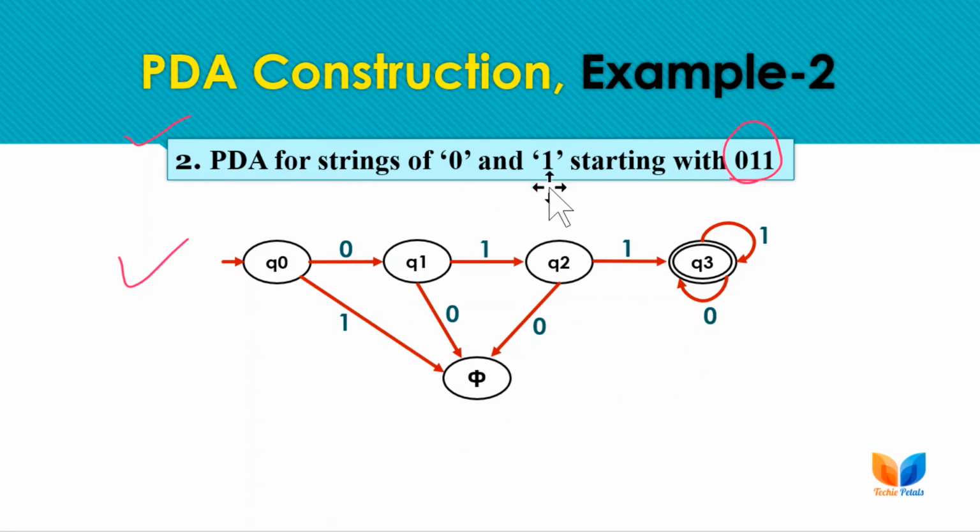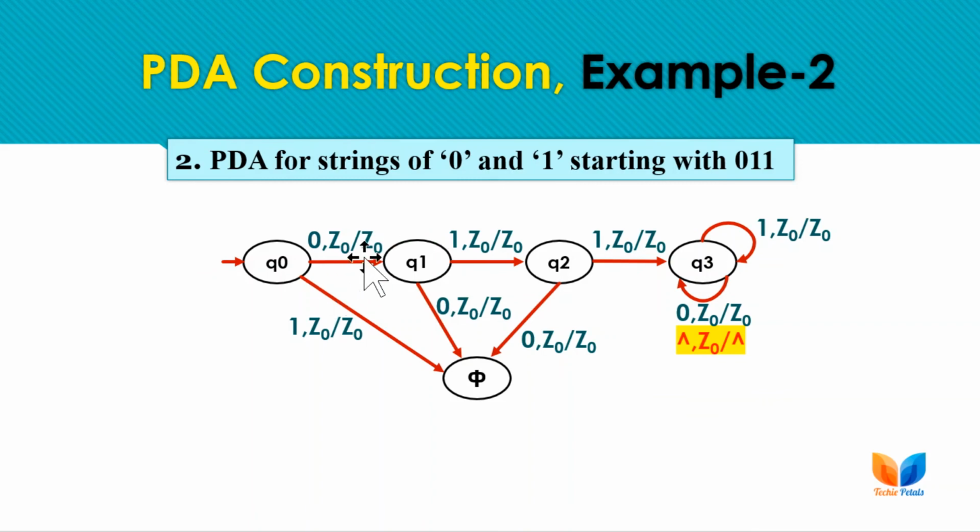So just converting this given DFA to the equivalent PDA by replacing all Z0 with Z0 for every transition, and as here we are showing acceptance by empty stack, Q3 is not the final state now. Q3 is a simple non-final state now, and we are showing the acceptance by empty stack. So we have just replaced the Z0 with a null, and the question is done, meaning we can show the acceptance by empty stack here by finally replacing the stack top with a null.